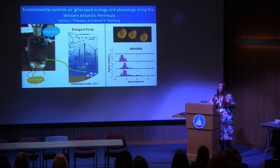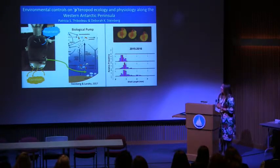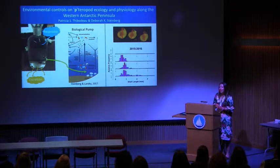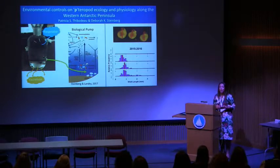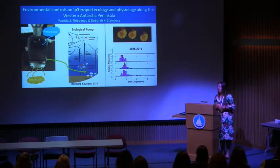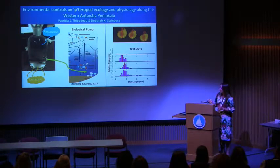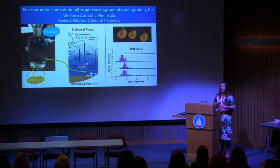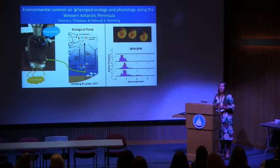Now this is where the pteropod P comes in. I've been conducting shipboard experiments over the last 2 years on the PAL-LTER cruises to understand how changes in sea surface temperature, food limitation, and ocean acidification may be influencing pteropod respiration and excretion through running a series of incubations like what you see here. And this has important implications because by understanding how their carbon and nutrient cycling may be influencing the biological pump